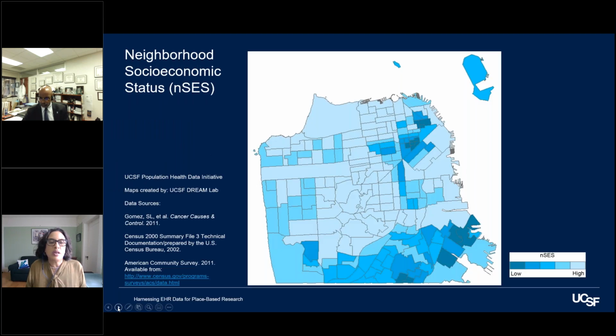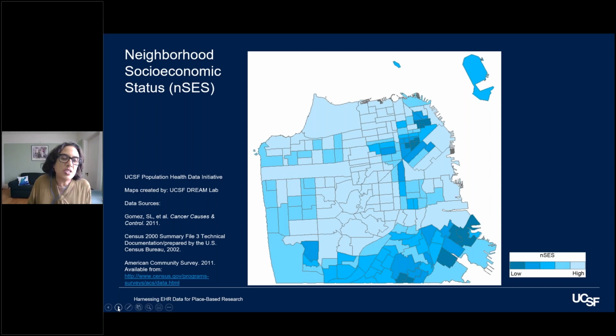So one of the things that we did was focus on our clinical data, but we have many faculty who have been doing this geolocalized work for a long time. We house the Bay Area Cancer Registry, part of the SEER registry for cancer cases in Northern California, and several of our faculty, Scarlett Lynn Gomez most notably, have been involved in thinking about how place is related to underlying cancer risk. She's developed this measure of neighborhood socioeconomic status, similar to measures that many use, but allow us to